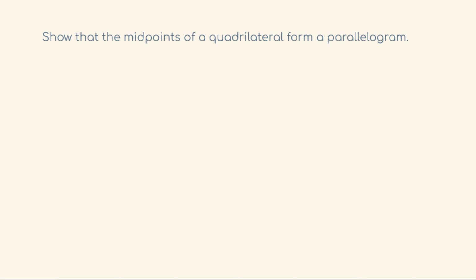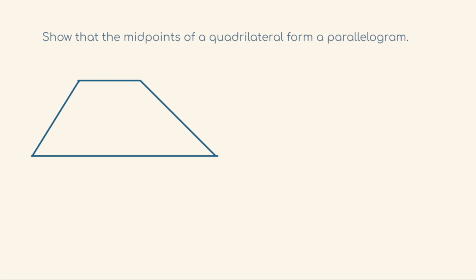So today we want to show that the midpoints of a quadrilateral form a parallelogram. What that means is that no matter what quadrilateral you have, let's say we have something random like this. Let's draw a trapezoid, something like that. If you have this quadrilateral, and you could draw a square if you want, you could draw a rectangle or something completely random. As long as it's a quadrilateral, if you find the midpoints of all of its edges, which